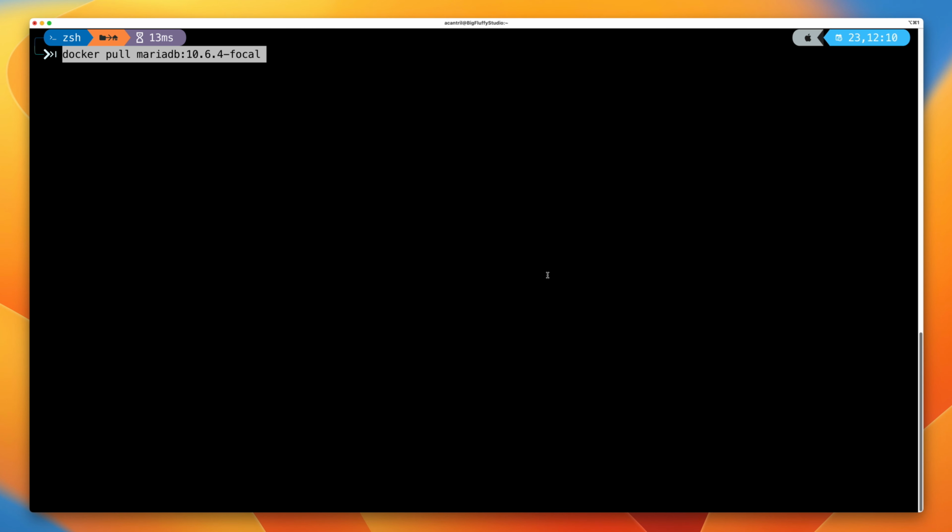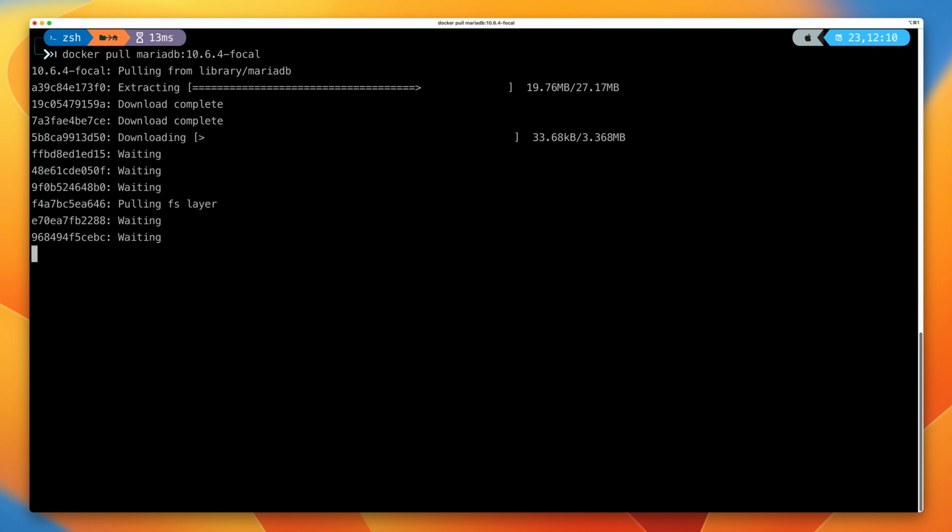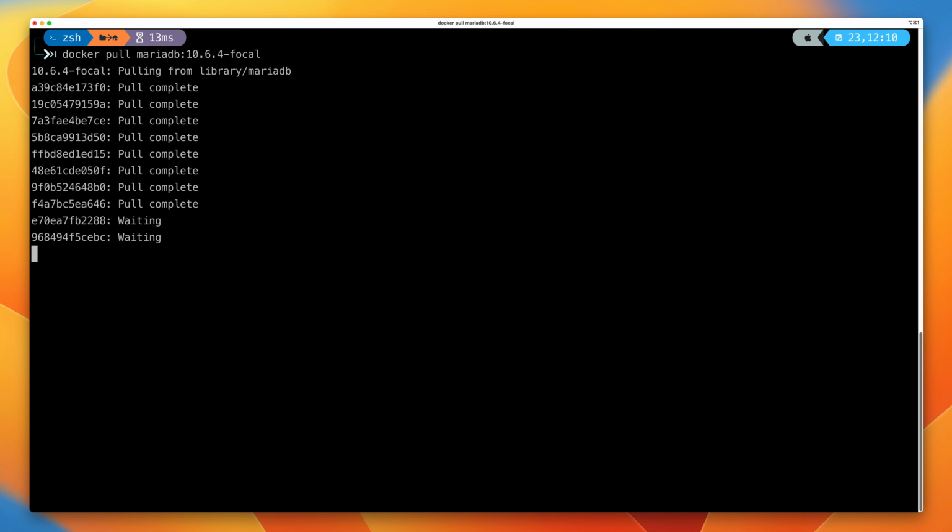Now this command is going to download a specific version of the MariaDB Docker image. So go ahead and run that command, and it will take a few moments to complete. There's a number of file system layers, but when that command completes, you'll have a local copy of the MariaDB Docker image. And I'm going to clear the screen and run this command, which is going to inspect this Docker image and allow us to explore the metadata.